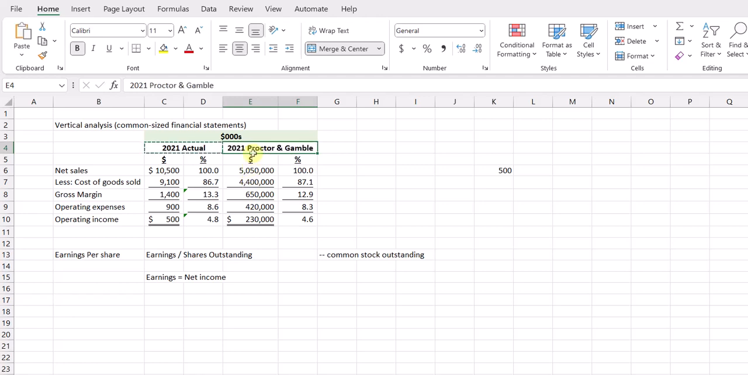Let me put this back to some other companies. This is typically how I've seen this used, where we compare to an industry, the best company, or maybe an industry average. Now, vertical analysis is also called common size financial statements, for precisely this reason. You can compare your small company of 10.5 million to some mammoth company of 5.1 billion, and you still can